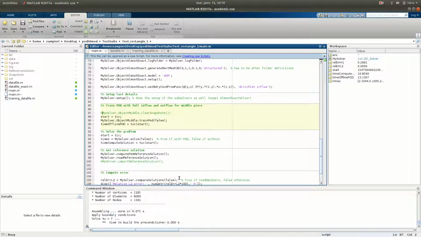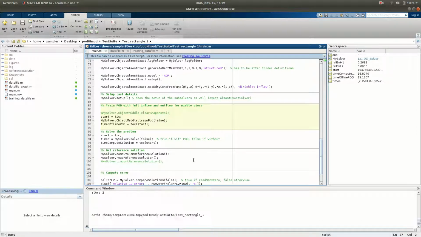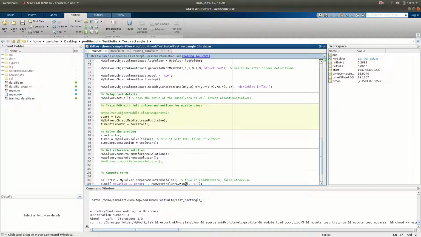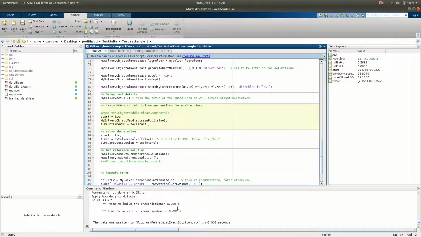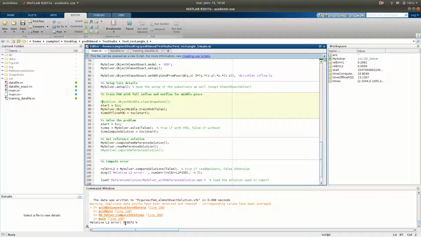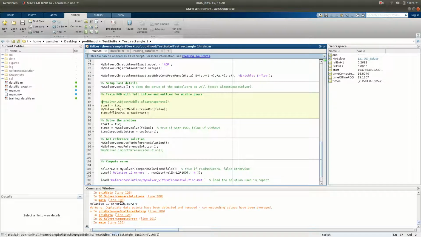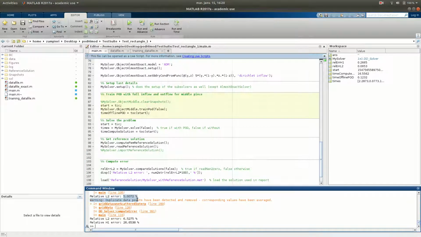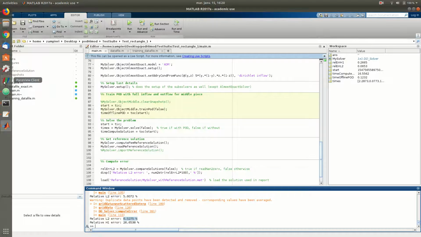So I'm at iteration 2/3, 3/3, and we are done. Just waiting for the exact solution to be computed. There we have the error with respect to the MATLAB computed solution and the error with respect to the FreeFEM computed solution. And by the way, in the last video I did not show how to visualize the results, but